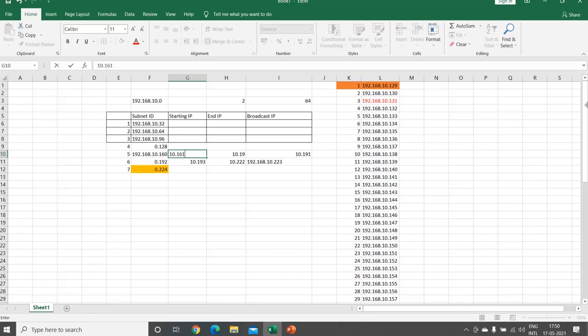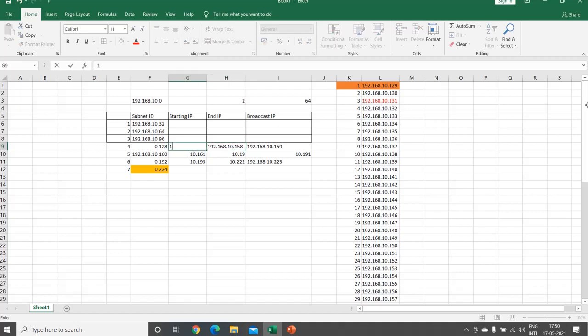So this will be 10.161. For easy understanding, I'm just making the numbers very small. Otherwise, we need to type everything in full form. If you want to type the full form, I will type 192.168.10.159. In exams I will not type all this: 192.168.10.158.